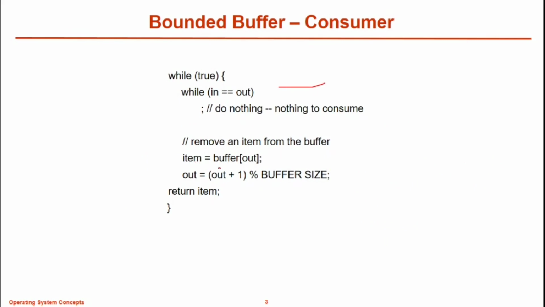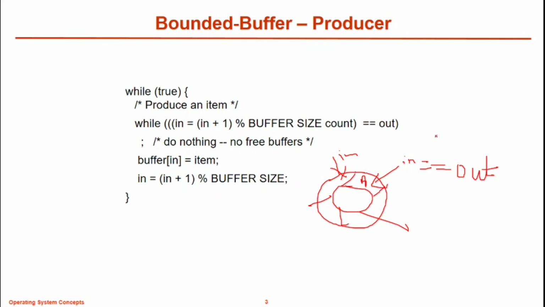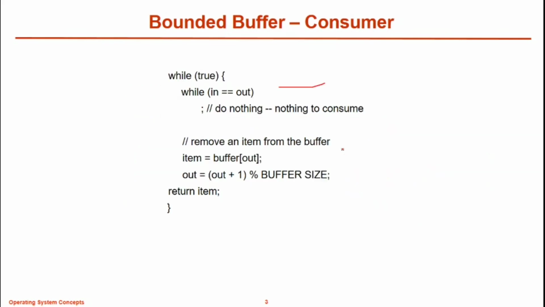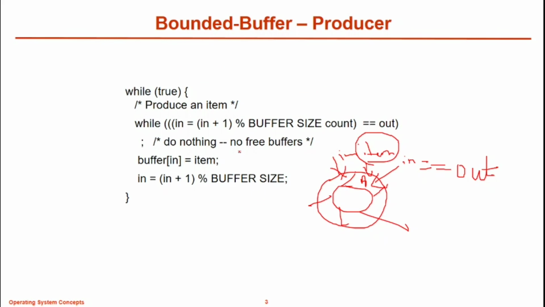If the consumer wants to accept the data, then an item has been inserted at this location, and the item is consumed by the consumer with the help of this code. So item is equal to buffer[out]. Whatever item is there in buffer[out] is taken, then out is equal to (out plus 1) modulus the buffer size. So this is the consumer code. They can ask in the examination to write a producer consumer code. If they ask you to write a producer and consumer code in shared memory IPC, then this is the code that you have to write.